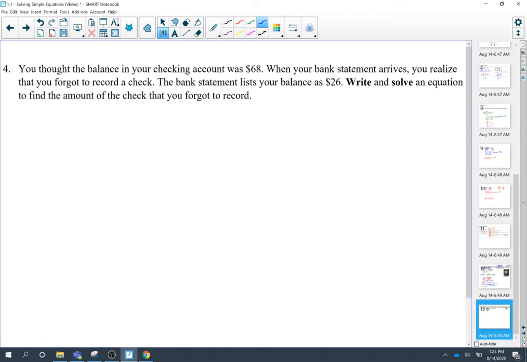Okay, so let's think about this. You thought you had $68. You really only have 26. But somewhere in there was a check. Now, if you write a check, or in this case, you guys might not even know what a check is. It's like your credit card or your debit card. So writing a check is like going to the store and swiping your card. Does that money go into your account, or does that money come out of your account? Well, when you swipe your credit card, that money goes out of your account because you just spent it on